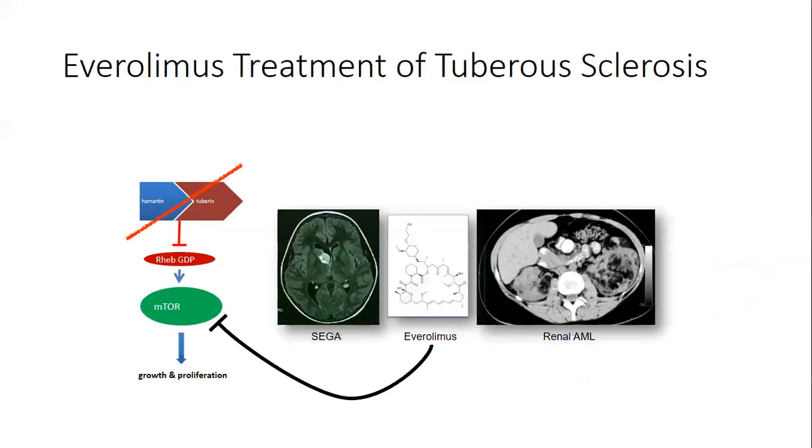There are now therapies too, and so it's not always just telling people the name of what they have. Tuberous sclerosis complex is Mendelian dominant. Turns out the genes involved, when either of them are mutated, lead to hyperactivity of mTOR. Everolimus is an mTOR inhibitor, and we can shrink the subependymal giant cell tumors or the renal angiomyolipomas now with a drug. I don't send these patients to surgery anymore as I used to.